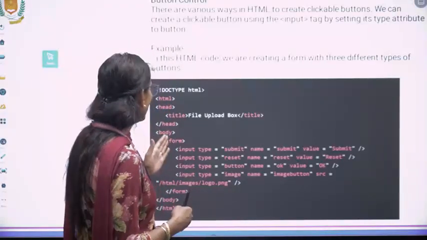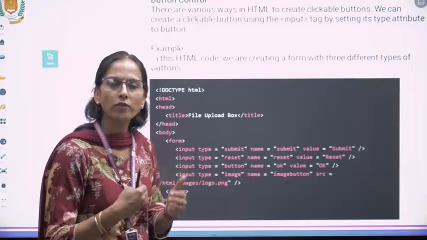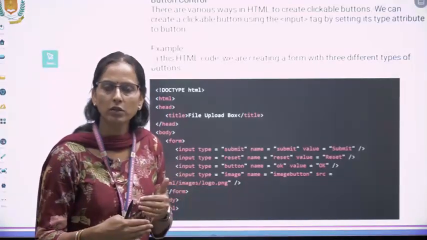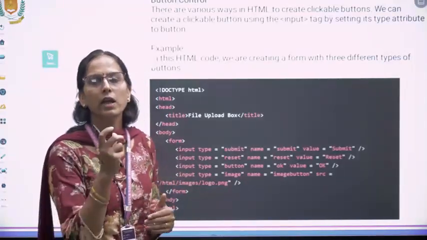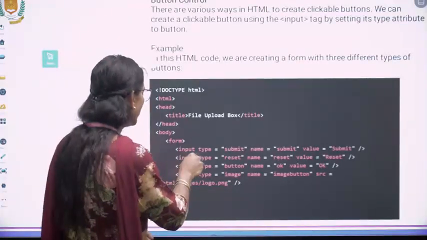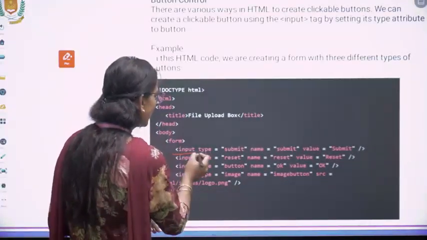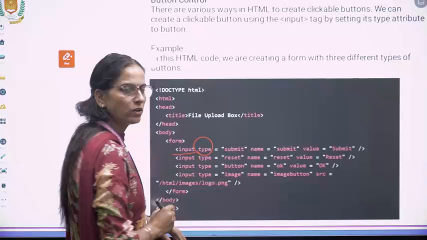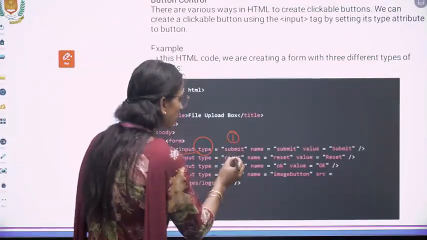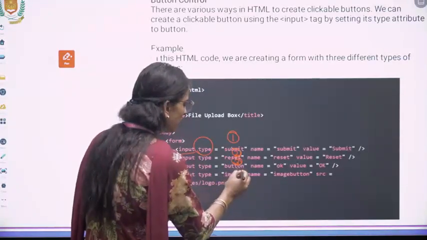So how can you do it? Again the input. For all kinds of inputs accepting data from the user, we will take the input tag. Now in the input tag we have taken the type attribute. With the type attribute we can take submit, reset, button, image.